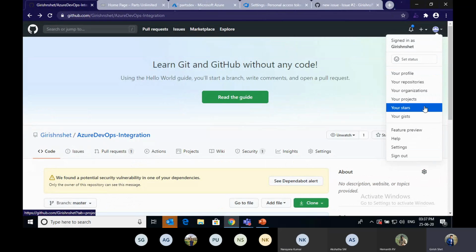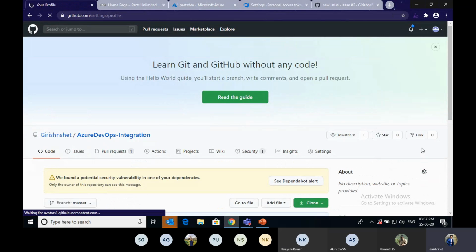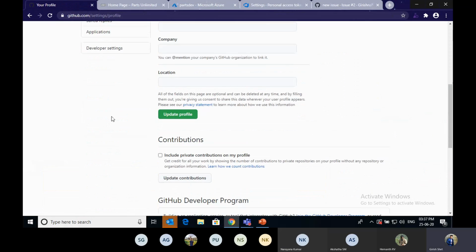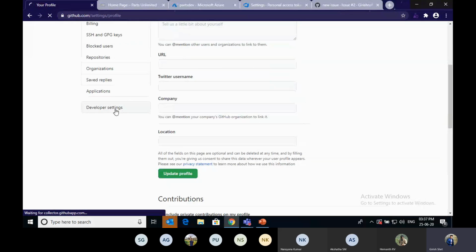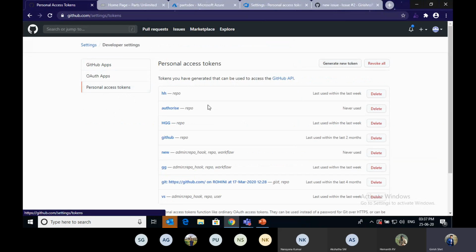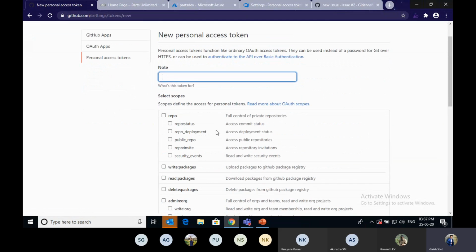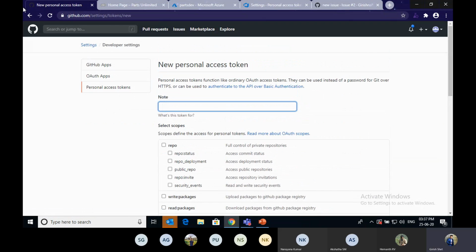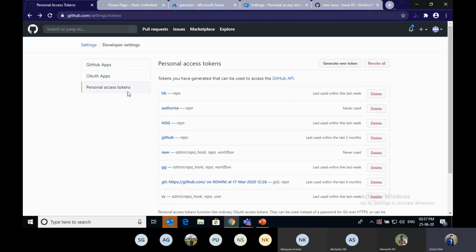For that, you have to go to your settings here. There will be developer settings, then personal access token. You can generate the token here. I have given the scope for repository here. This is the way you can create a personal access token in GitHub and Azure DevOps.